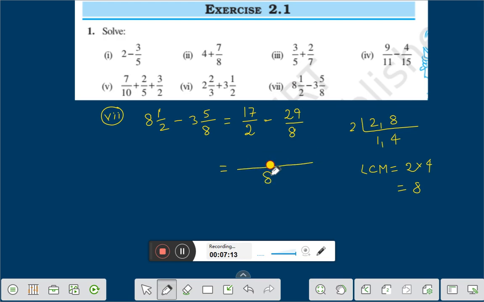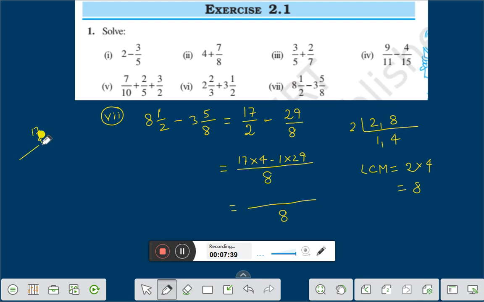Divide 8 by 2, that is 4. That is 17 into 4 minus 8 by 8 is 1, 1 into 29. Therefore, it comes to, we multiply 17 by 4,